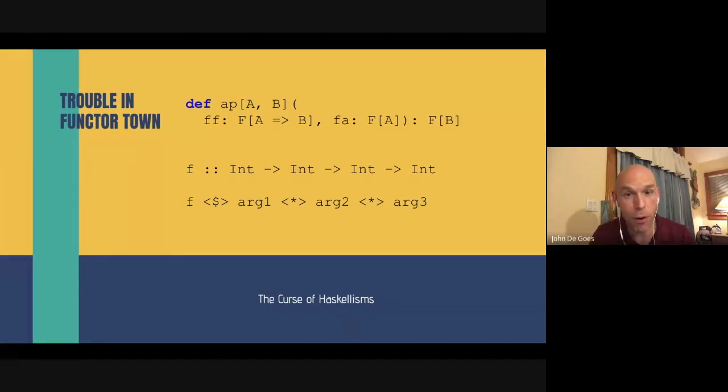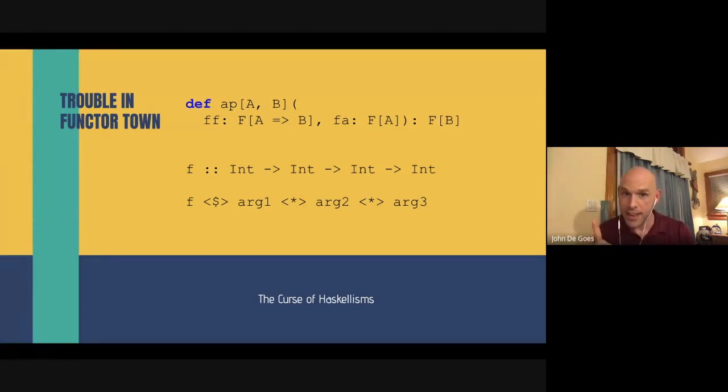The hard to teach part is over on the left-hand side, you have this function A to B that's stuck inside one F. And on the other hand, you have a value, and this binary operator is combining them in such a fashion that the function is applied with that value to yield the return value of the function. And so the first thing people ask is, why would you ever take a function and stick it inside a functor? Why would you ever stick a function inside a list, or a function inside an option, or a function inside something else? And honestly, there's only one good reason for that, and that is if your functions are always